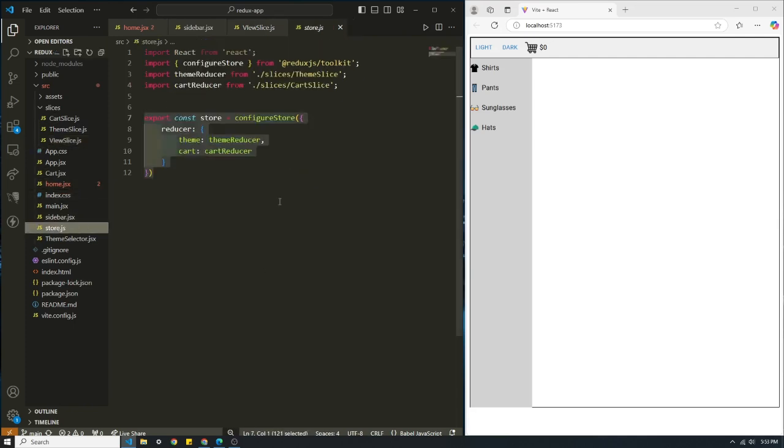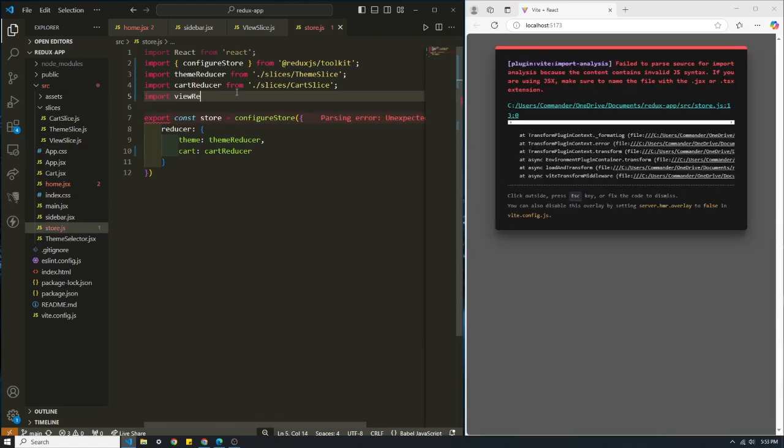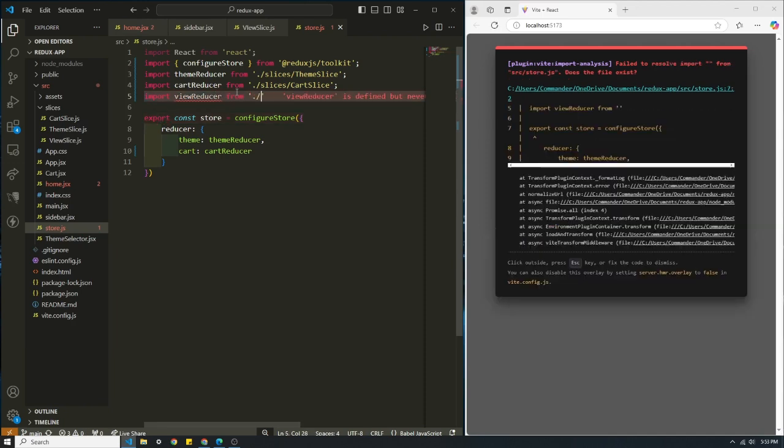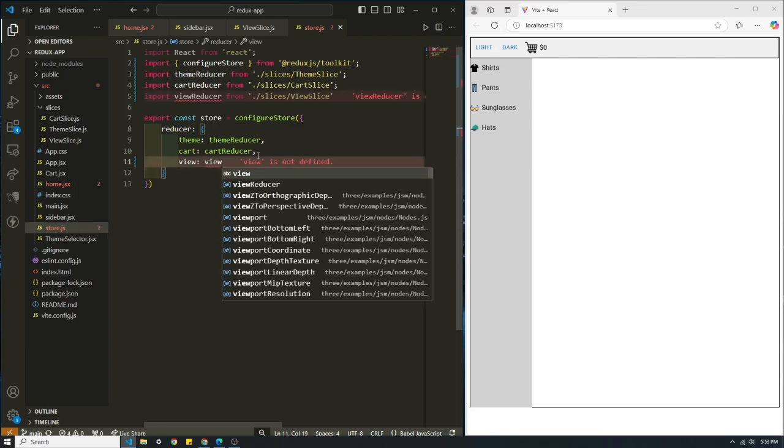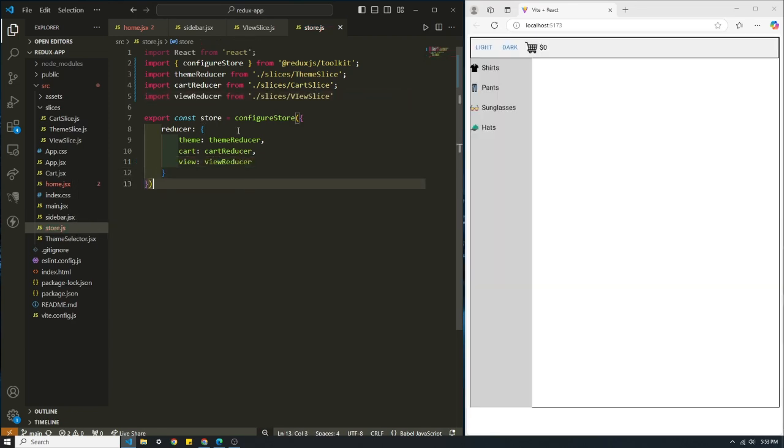What's next on the list? Import it into our store. Wait, that can't be right. Oh yeah, I'll just leave it like that for now, even though the I shouldn't be capitalized. But view, so we're going to attach our view reducer to our name view. So now that we have that,